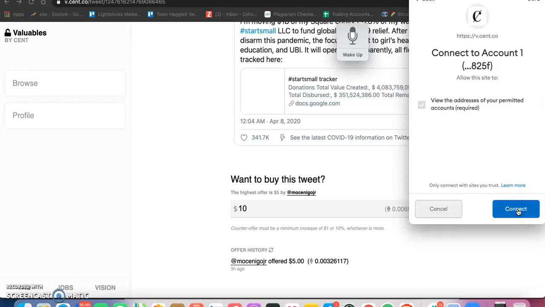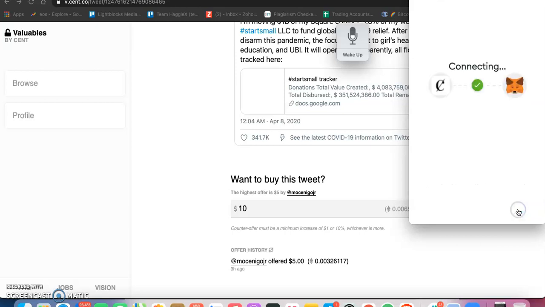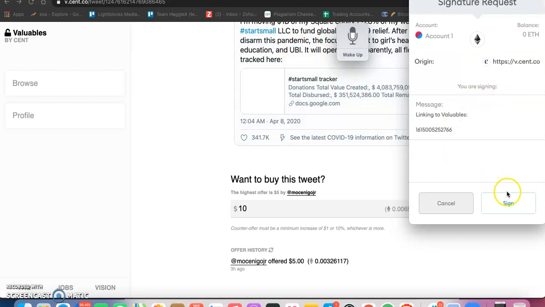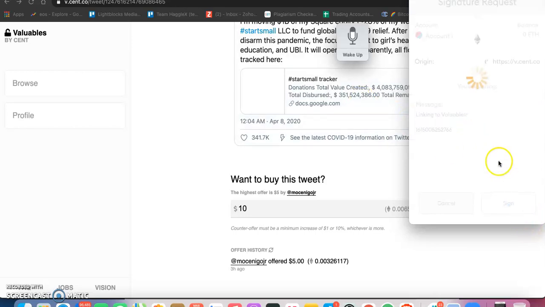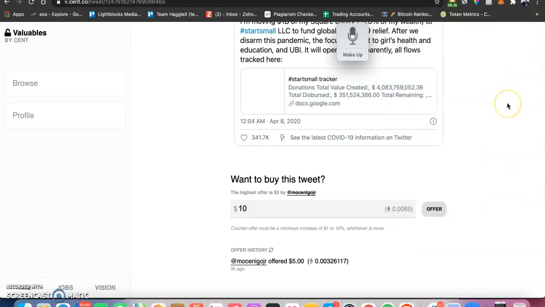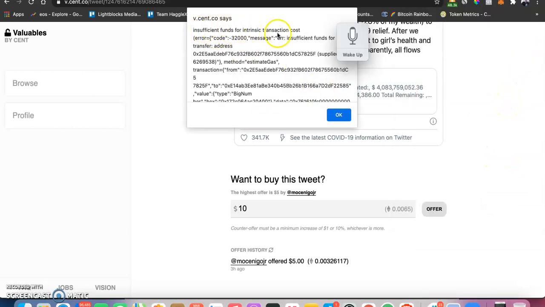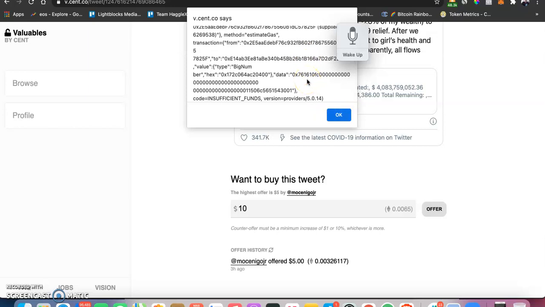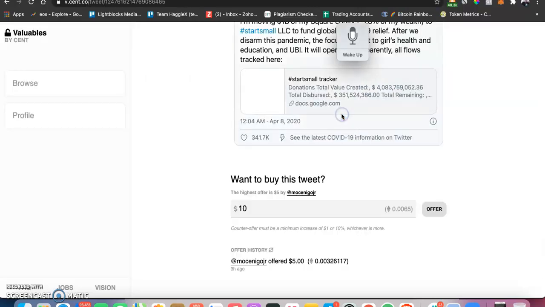So I'm connecting it to my MetaMask right now. It's connecting to MetaMask, and let's see, it's loading. I hope you guys can see, because I don't know if I set the stuff right. All right, so it's connected to MetaMask, and I guess this links to the tweets. I'm not sure it will work right now because my ETH balance is 0, but I just wanted to see. Insufficient funds right there. Okay. That's basically how to do it. So I'm going to load up some funds and start selling some tweets.